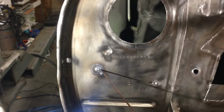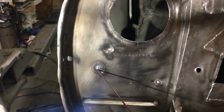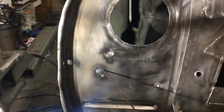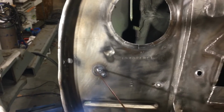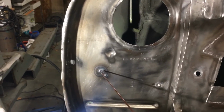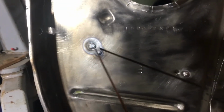So what I figured out is that you take the backing plate away after you've got the metal kind of in there, and then you turn up the amps. I had it up to about 45, and I just kind of worked my way around the puddle and brought the whole puddle up to temperature. And without that backing plate there, with that whole puddle moving around together, what it does is it equalizes on the front and the back. So this is a lot flatter than it was when I first did it,